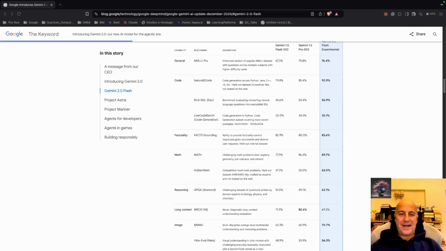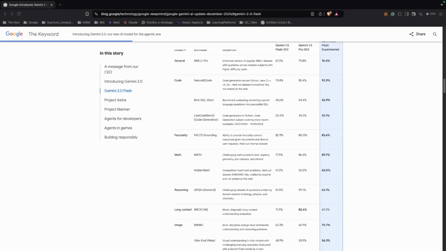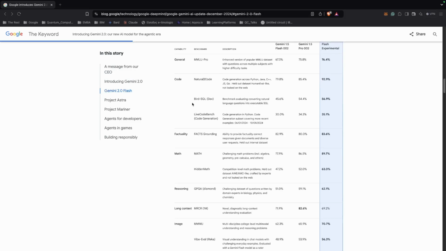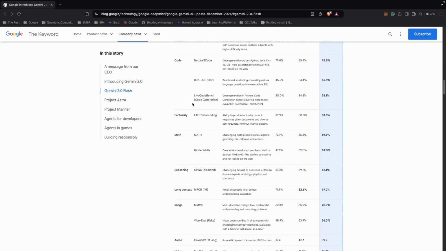Hello everyone. I'm really excited to embark on a deep dive into Gemini 2.0 Flash. I'm eager to put it through its paces and thoroughly compare its capabilities with those of its predecessor Gemini